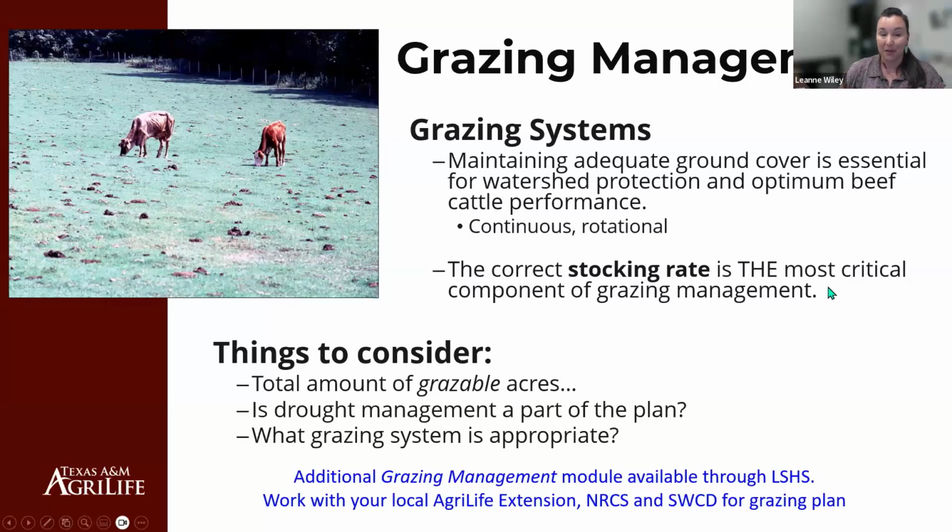And so that's my plug for the local folks in the areas, because it's going to make more sense to work with those folks than to maybe try to go online and find a grazing plan and try to adapt that to your property. So it could be continuous, it could be rotational. The most important thing, the most critical aspect, is knowing the stocking rate. What is the carrying capacity of your land? What can be held there? And then understanding that that's an ever-changing number, and it needs to be changed and manipulated as the seasons change.